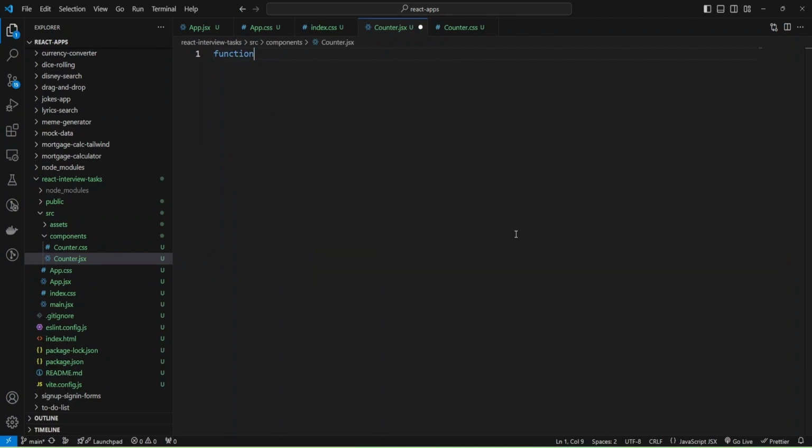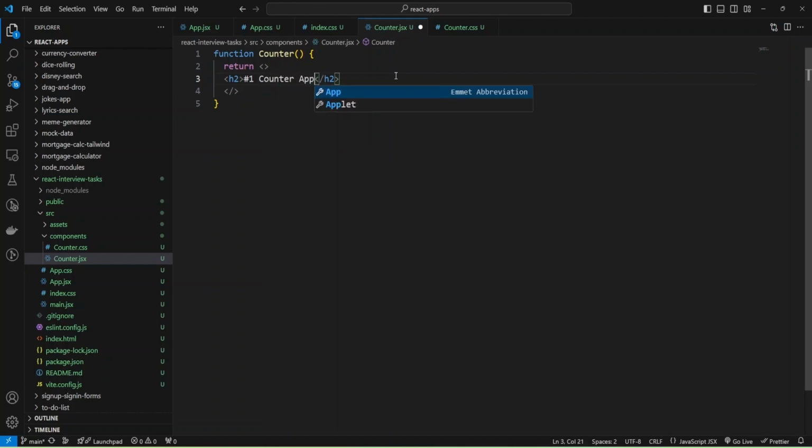So, and now I can add a functional component. It will start with function, and the name will be Counter, and return some JSX. I'll use a React fragment and will return some JSX. And let me add an h2 tag and provide my first app and add the name Counter App.